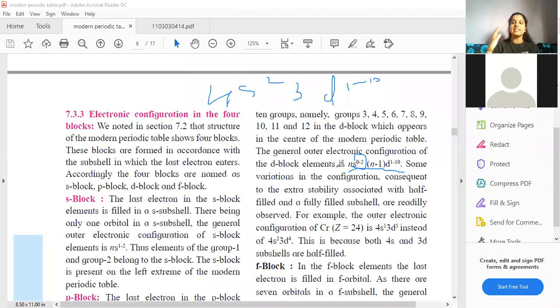So you all will see that in the higher elements of the d block, new s orbitals are also introduced. So in that there will be no electrons, or there might be one electron. Okay, one last electron. I hope you all are understanding this. That is the reason, to generalize everything, they have written from 0 to 2.